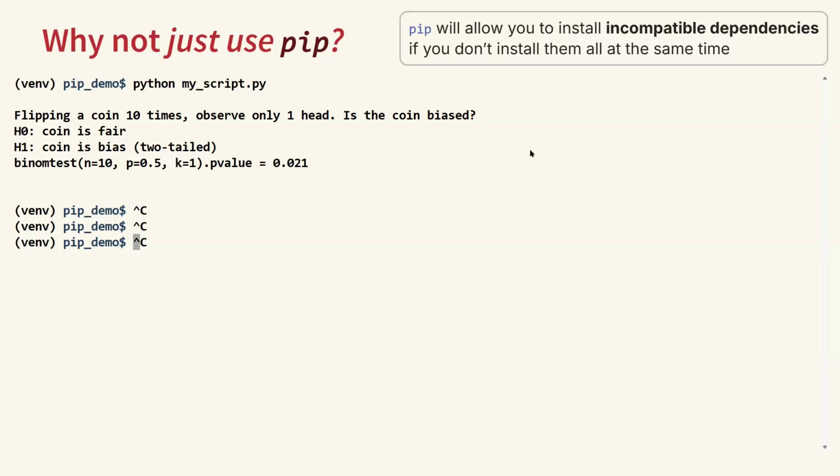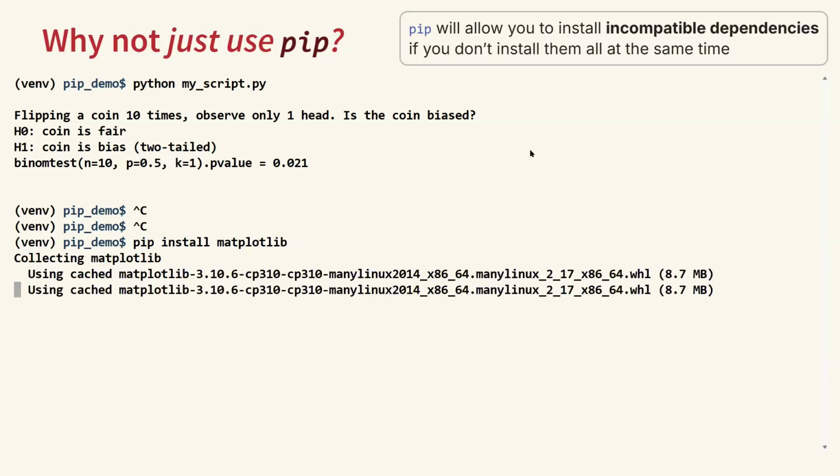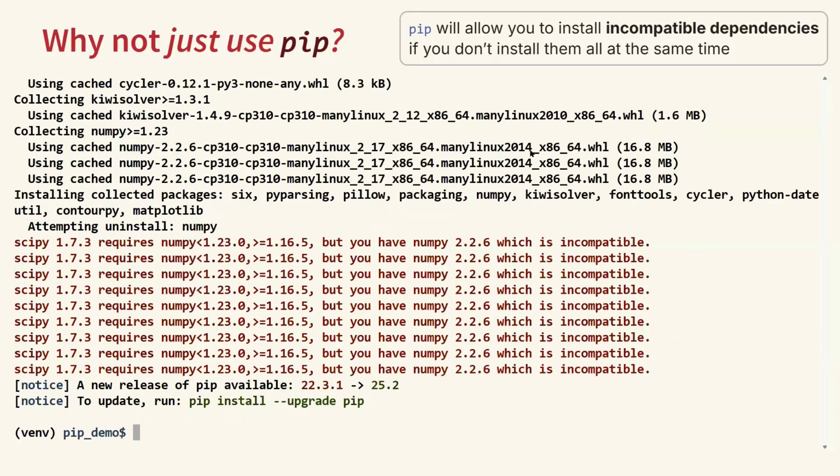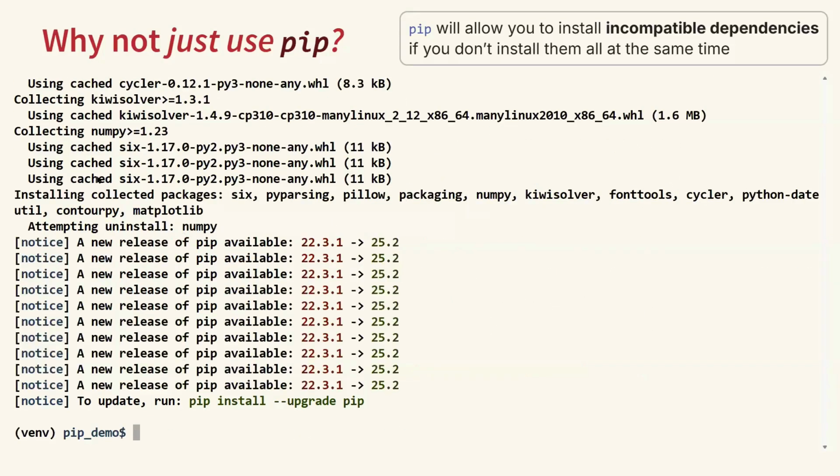So let's now say we're going to do what the other user did. Let's pip install matplotlib. Okay, so it's installing matplotlib, it's upgrading some other packages, installing them. But you'll notice that it's changed the version of NumPy. So if I was to